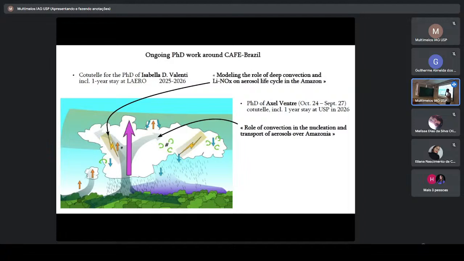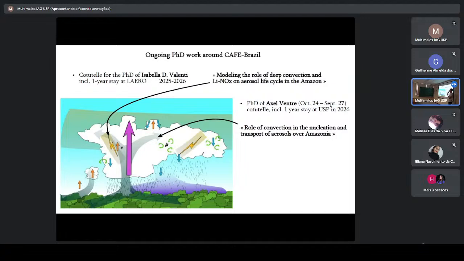All of them are key for the formation of the new particles, and we don't know at all whether they are just mixed in the cloud as the first ones are transported, or whether the lightning is actually emitting in the same air masses, and then they're already mixed, or are they emitted in other masses, and then you need some mixing in between by the eddies, for instance, in the clouds, and where is it happening, or intensities, and when. These are all questions that we would like to investigate with the simulation,